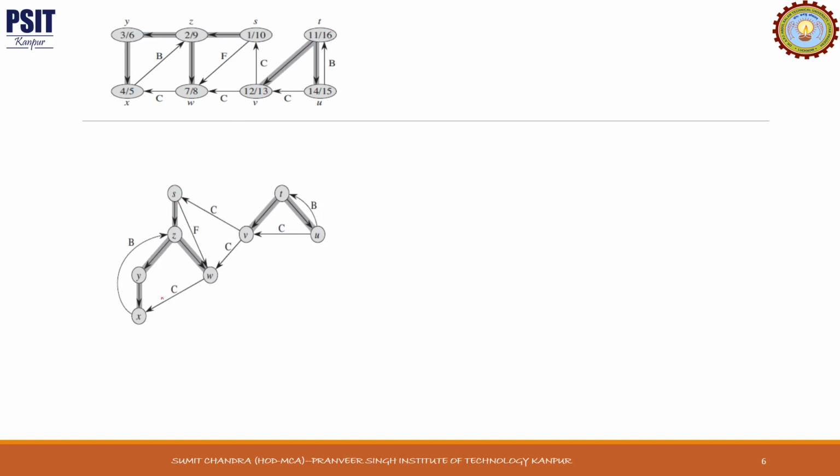Now this shows the vertices having a path. So from S we went to Z, and from Z we went to Y, and we went to W. And from Y we went to X. So if you see the path, X to Z, Z to Y, W, and S. This is one path. Another disconnected path was from T we went to V, and from V we went to U. So these are the edges which we have used as path.